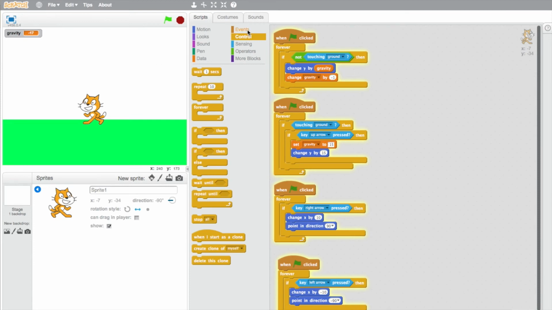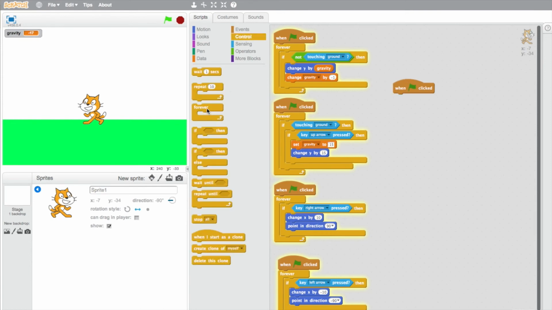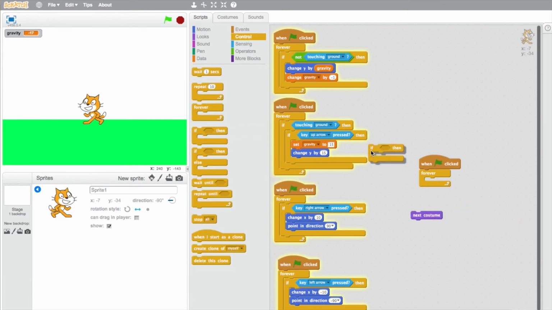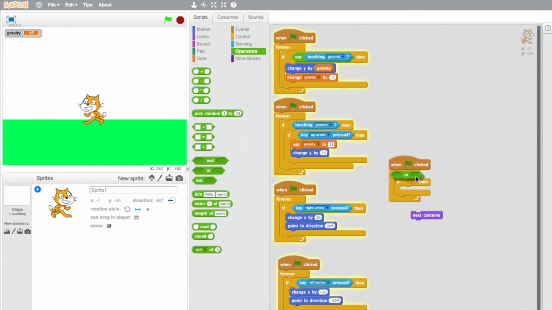So the next comment was about the animation style when you're in this. So you're going to want to get a new one. Instead of just putting the switch to next costume in here, I think it's best if we get a new one. So I'll just drag that out there and I'll get an if. So when flag clicked forever if. And you can actually get an or for this one, because he'll animate whether he's running left or right. So he'll get an or